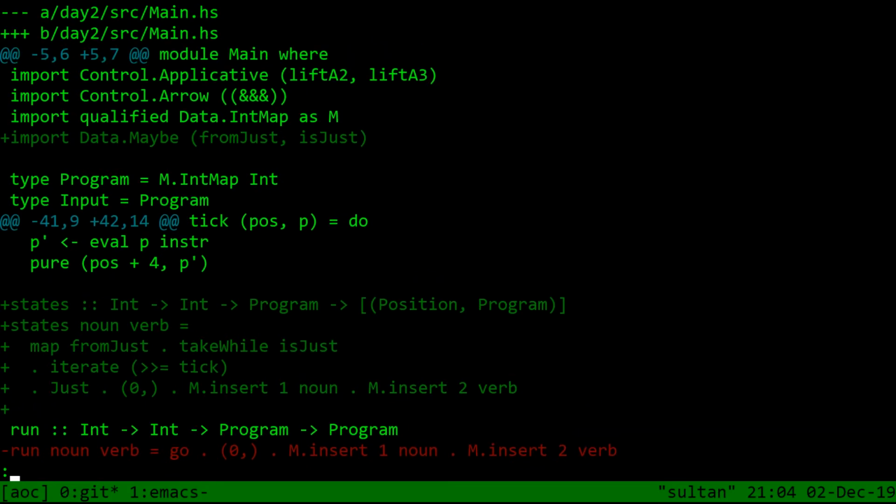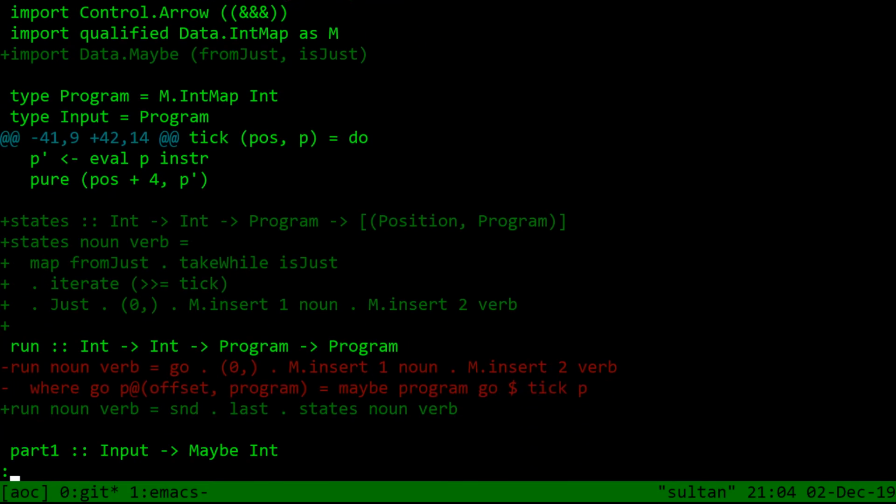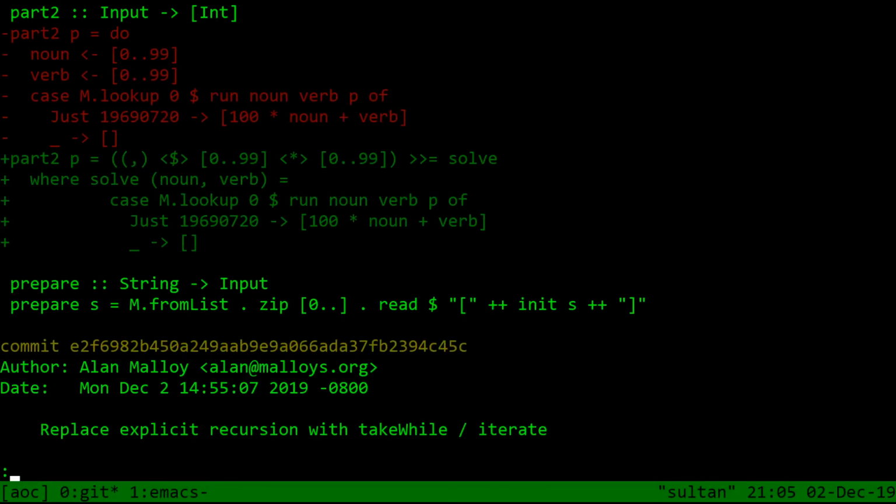Pretty simple in concept. States has most of the stuff that used to be in run, but it's got this map from Just . takeWhile isJust, which I don't like very much. I'm sure there's something better. And iterate with binding tick is kind of cute, right? That's an iterate step that unwraps the Maybe if it was a Just and continues, and otherwise short circuits. It'll return Nothing, Nothing, Nothing, Nothing, Nothing, which is kind of lame. And that's why I have takeWhile isJust, to throw away all the states that never happened. And finally,